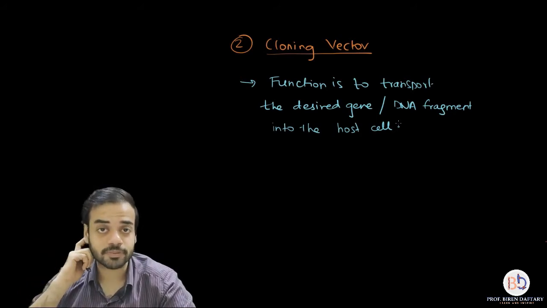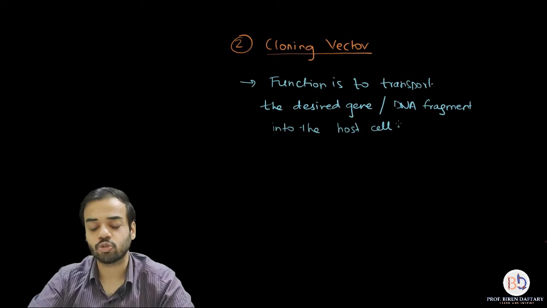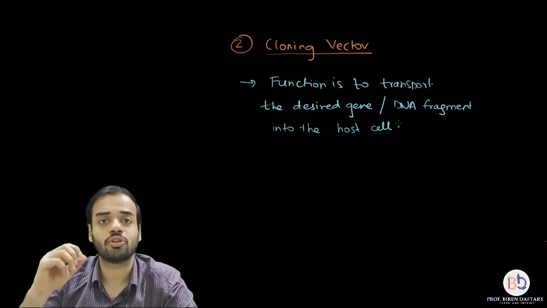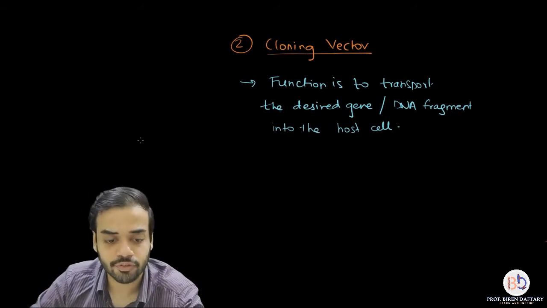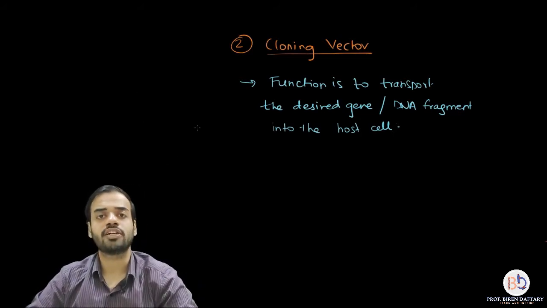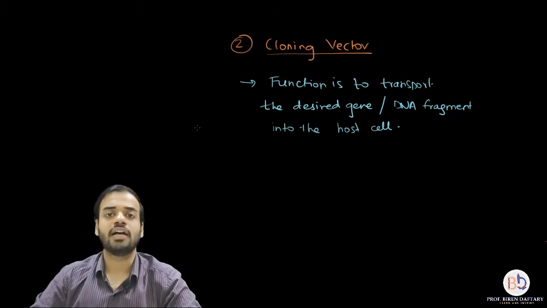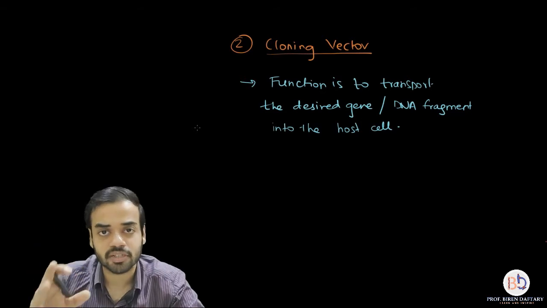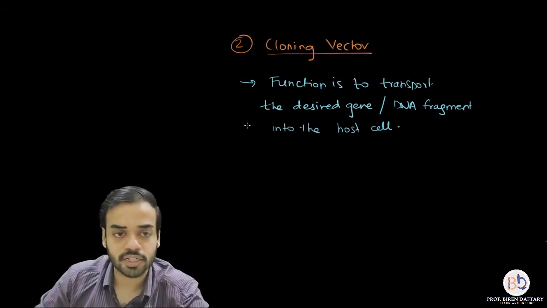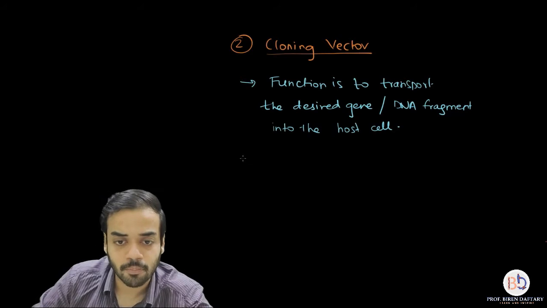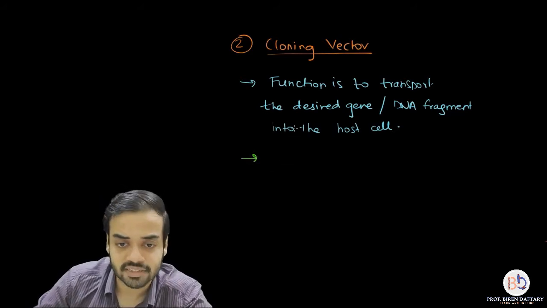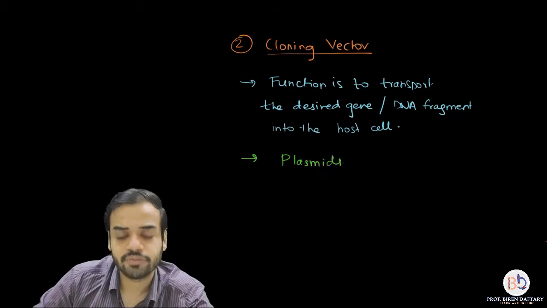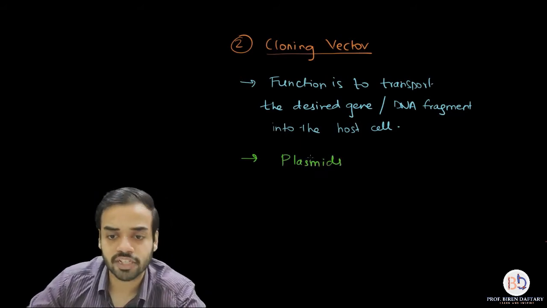Now, which substances are used as cloning vectors? So many biological entities, many biological molecules are used as cloning vectors. Okay, I will write down a few examples. You don't have to study about all of them. I will give you information about the ones which are important. The rest of them, just remember the names. So some of the important molecules which are used as cloning vectors are, first of all, plasmids. We are going to learn the structure of a plasmid, so don't worry about that.